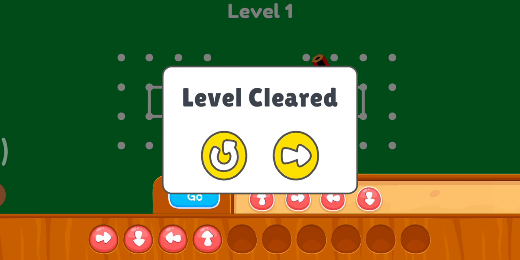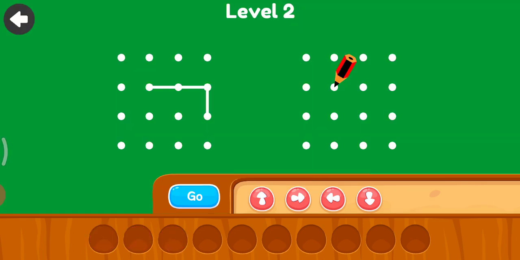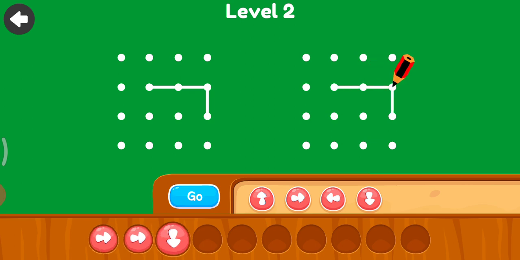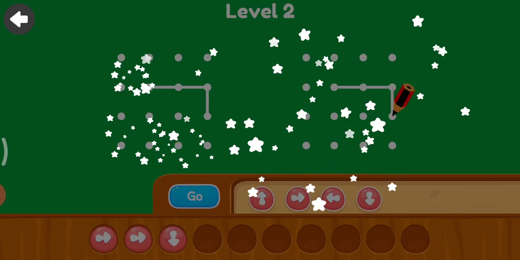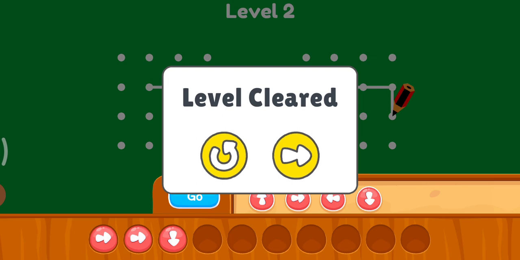Now let's go on to the second level. Please take left twice, then down. That is forward. From there you have to take forward. Down means, in RoboMind, it is forward 1 step. So click. Is that clear, children? Okay.